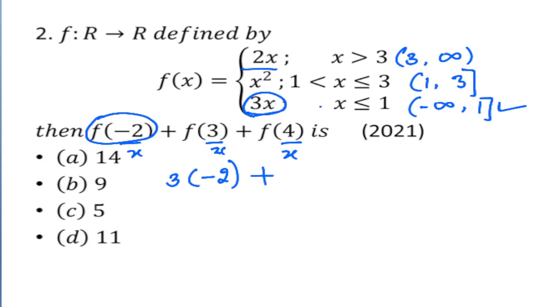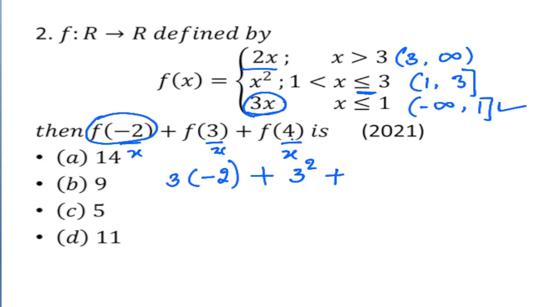Where we have the equal condition is in the middle function, that is 1 to 3, where the function is defined as x square. So at x equal to 3, the function is x square, and we take x equal to 3, giving 3 square,